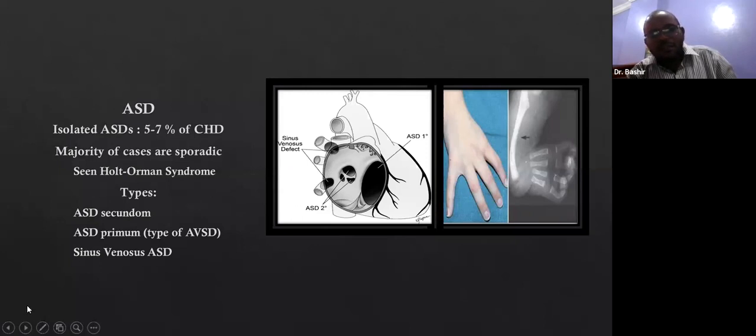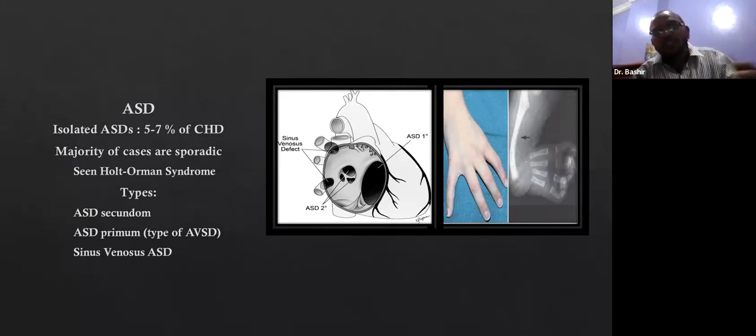ASD is a simple lesion. The child will not be symptomatic in childhood, even if he has a large ASD. And also the types are small, moderate, or large according to the size. Even the large one, which is more than 8 to 10 millimeters, we will not interfere unless the child is more than 4 years, because during the first 4 years of life, the child